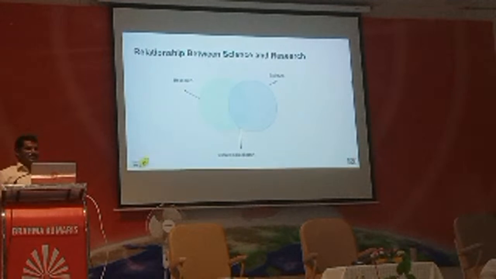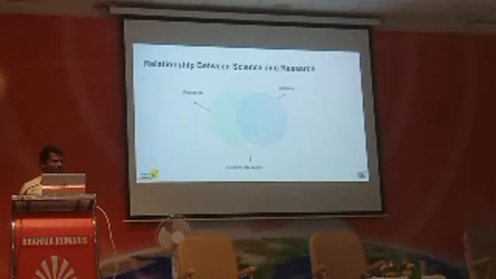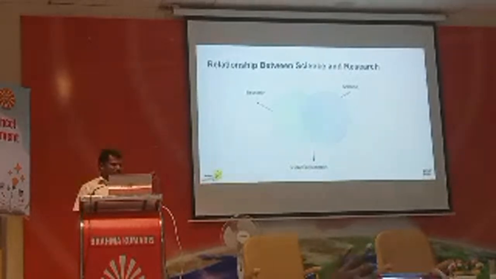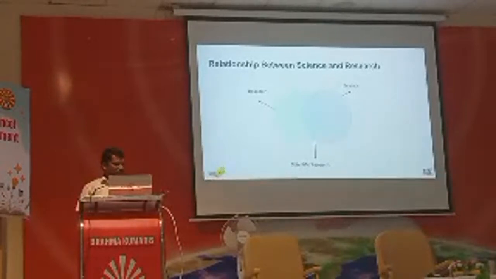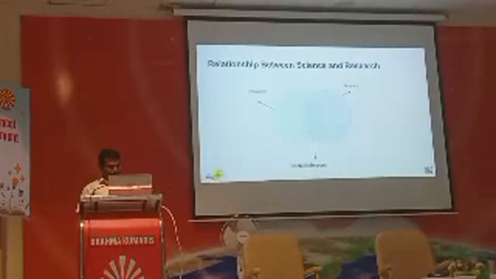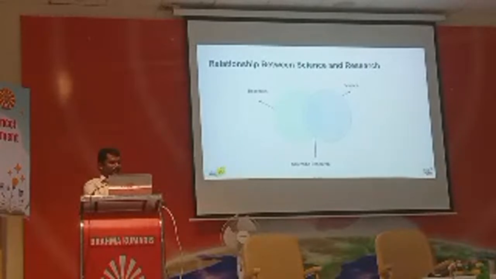And here you can get a concept of scientific research. Science is one thing, and research is another component. When you merge these two, those of you from mathematics know the Venn diagram. So scientific research is the one we have to go for. I hope when COVID was predominant in India, two vaccines were introduced by the government of India, Covaxin and Covishield. And we believe these two vaccines are most effective because of the random trial they have done with many people. So this is called scientific research.